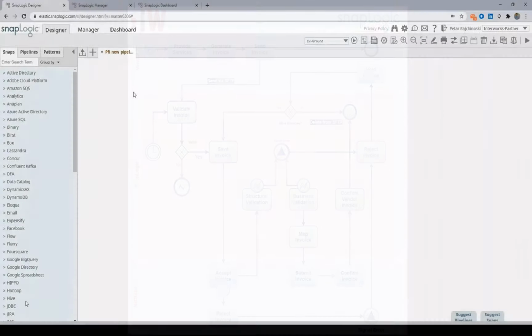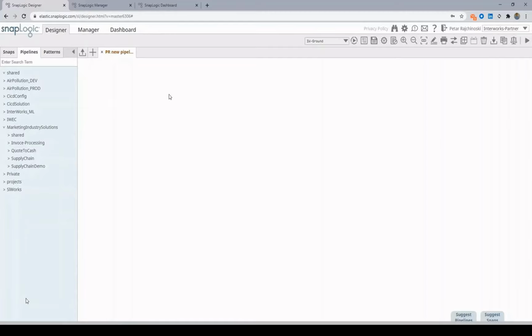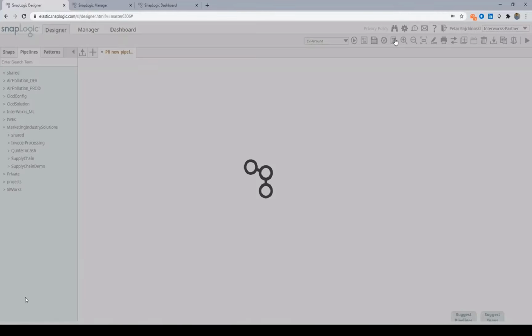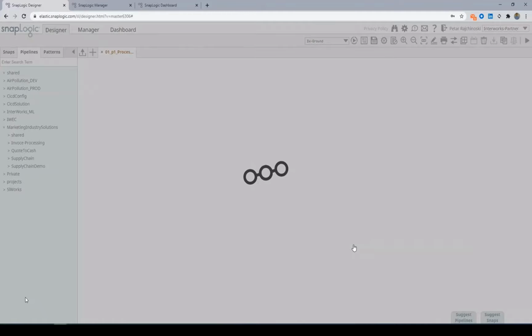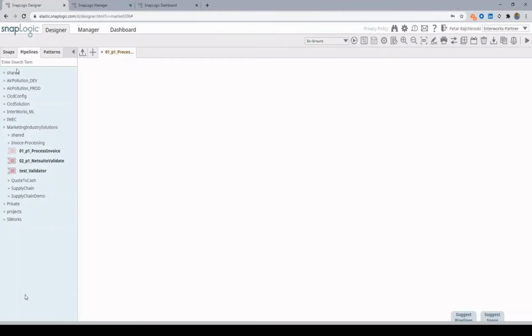Exactly. Okay, so let's go and implement the invoice processing pipelines. For that purpose, we'll change the name of the pipeline using the edit pipeline window, and we'll name it 01P1 process invoice using the convention, and we'll save it. So we have a pipeline that is ready for